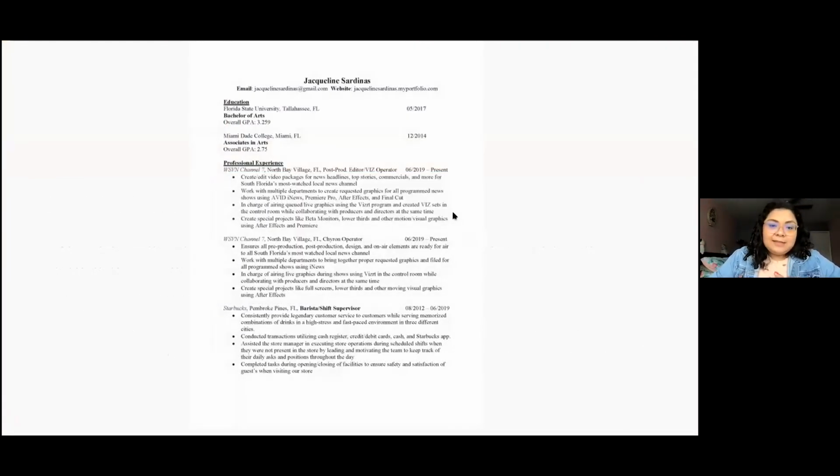So here's a breakdown of my CV. My CV is 3 pages long. So obviously, on the first page, I have my name, my email, and my website. Again, I obviously did this for a website, so I don't have my address and phone number on here. I left my education. So this is all formatted a little differently. So here I have my Bachelor of Arts, my Associate in Arts. But something I can fix is I can add